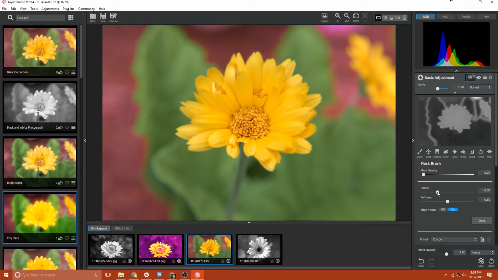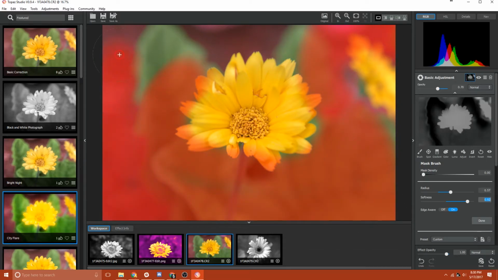They aren't really fitting. Cool things about the brush mask, it is edge aware. So you can crank up the radius and you'll actually see right here in the center, you'll see a preview of what your brush is going to look like. You'll notice that red circle. That red circle is the hard edge. If I increase the softness, I'm going to get a difference between that red and green circle. Red and green, you may notice for masking in Topaz Remask, the edge aware works similar to the way Topaz Remask works. Anything that's in the red is a color that's actually going to be included. Anything that's between the red and green circle is going to be computed by the edge aware. So I'm just going to go over here, apply that,